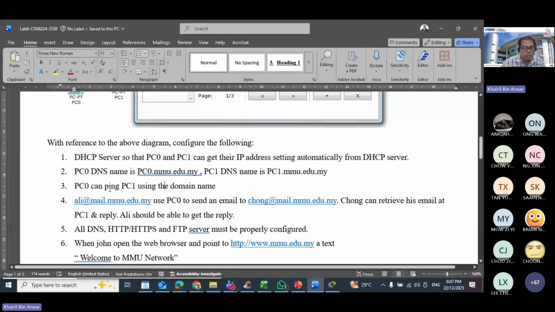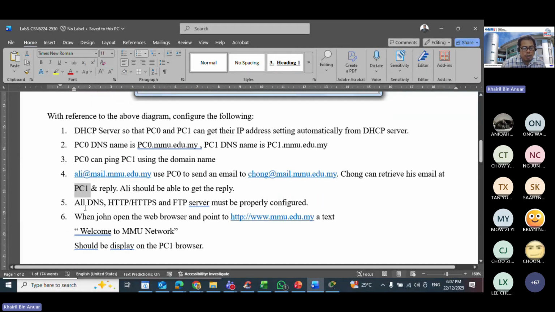PC0 can ping PC1 using the domain name. You also have an email address used at PC0 and another email address used on PC1, and you can send email between these two PCs and get a reply. All DNS, HTTP, and FTP servers must be properly configured.